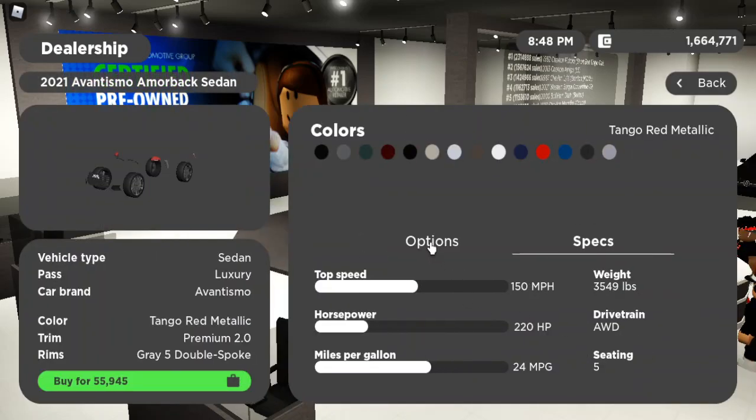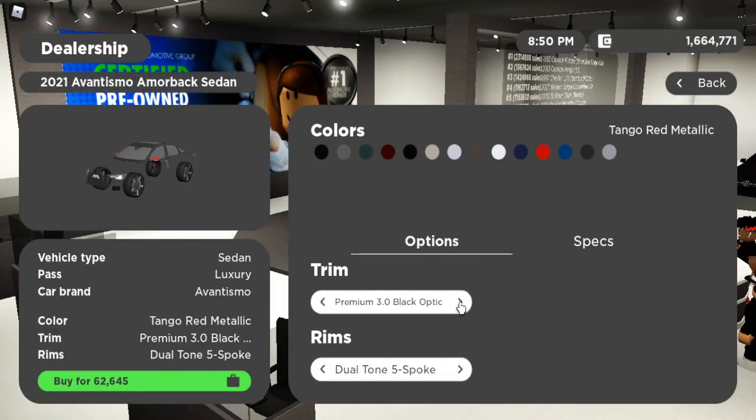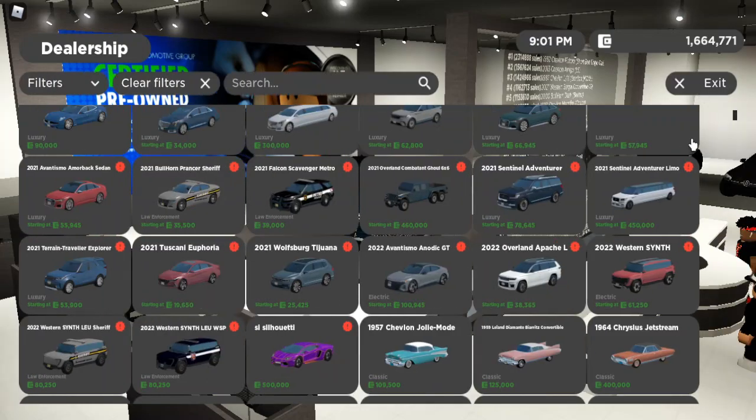sedan version. You have Premium 2.0, you have Premium 3.0 in a black custom package. You have a Prestige 3.0. You have an S Prestige, so this is a sport package, S line. And then we are back. S Prestige. So I don't think they have any RS or S packages yet, but I think very soon they